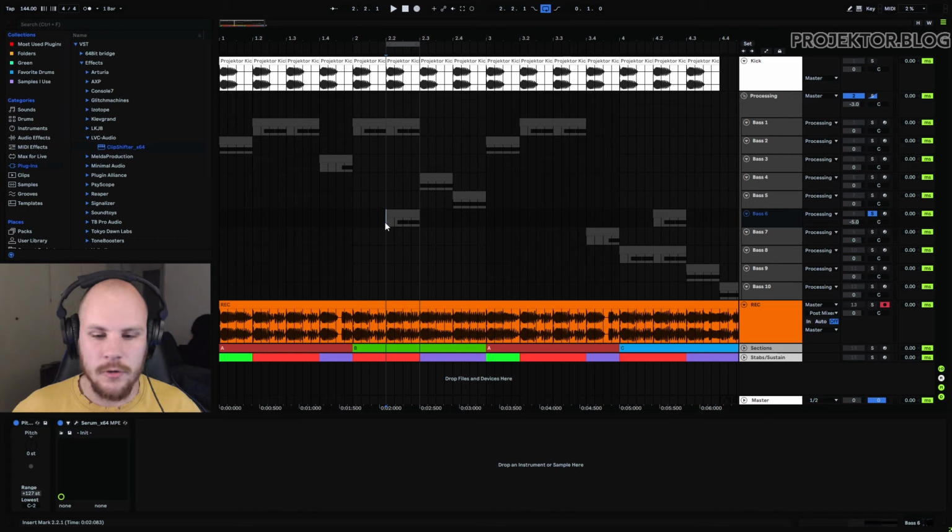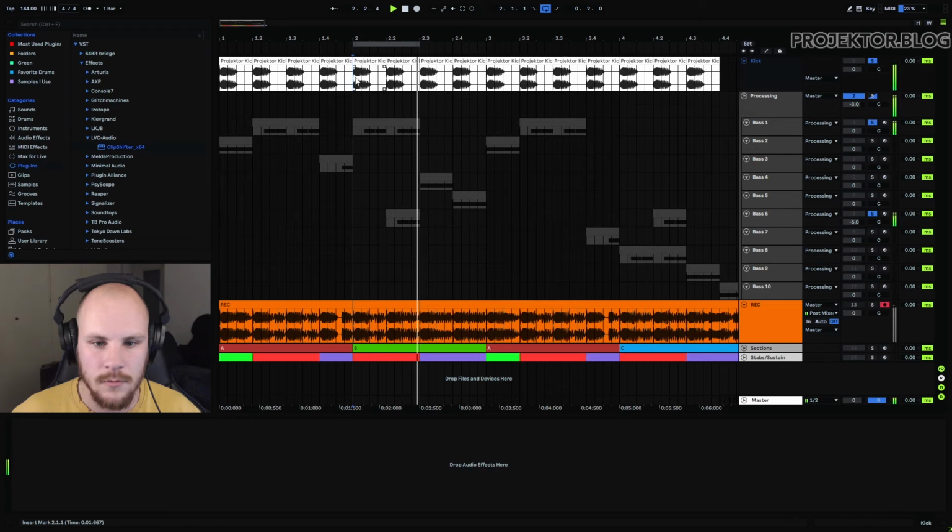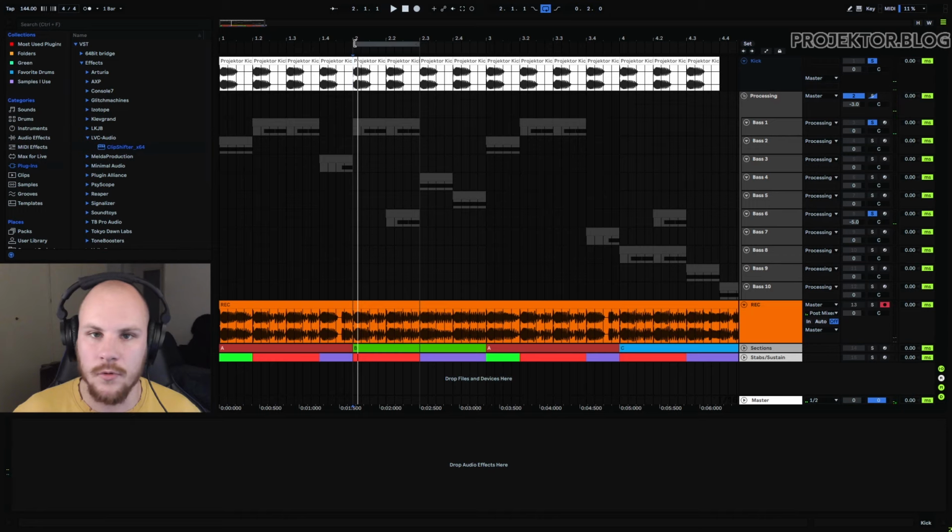So the next bass that I wanted to show you is actually a layer. So this layers on top of our main bass here in this first repetition and our secondary bass here, which I'll talk about later in this second part here. So this is basically like a stereo layer to give more mid-range presence to certain parts of the bass sound. Just makes it a lot more mid-range sounding